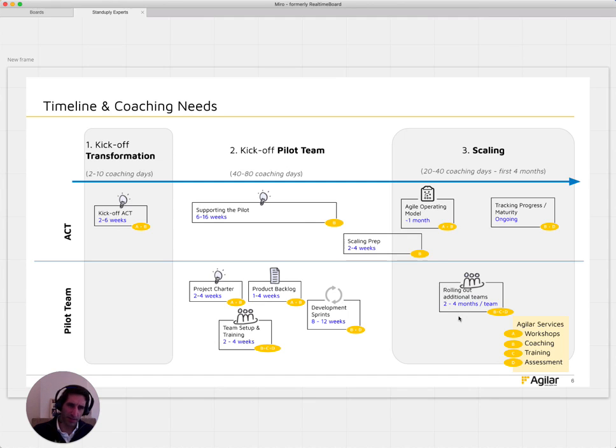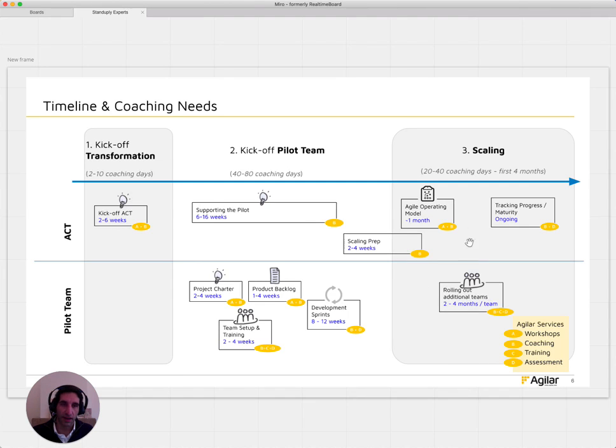Each team would take the focus of, let's say, the ACT team or the coaching team for about 2 to 4 months. Let's imagine the ACT team takes 2 more teams in and starts doing the same effort here to kick them off. And then you're tracking how they're going. You're learning from there.